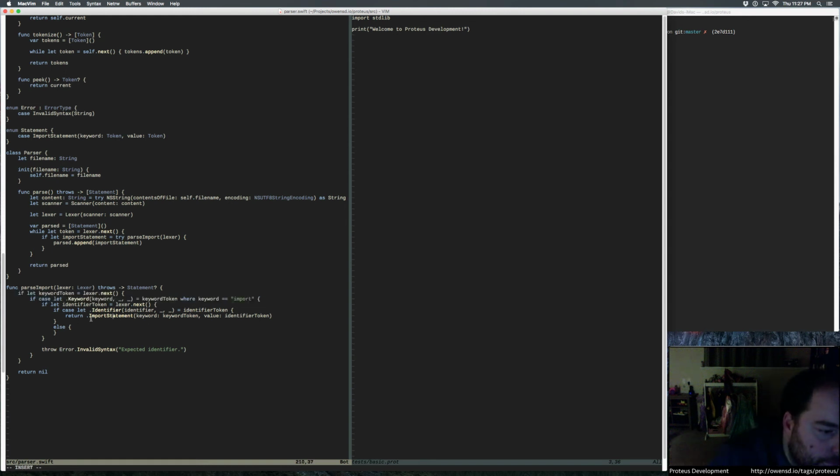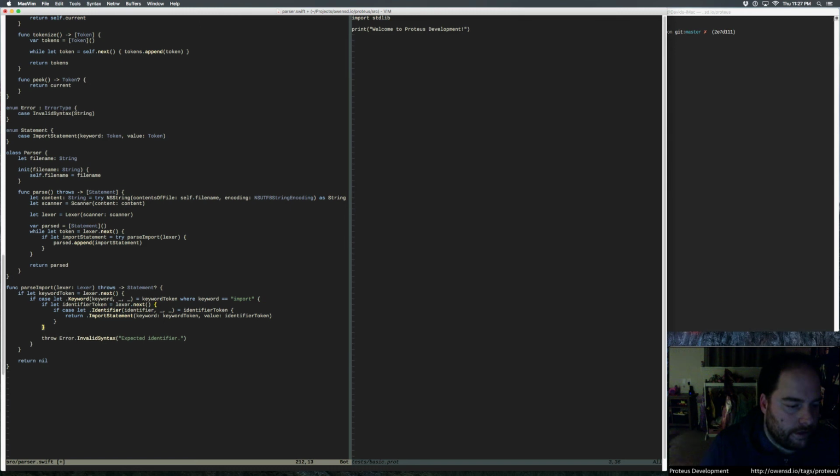And so now we want to make sure that the contents within here either return a valid import statement to the AST block or return an error. I think we can just get rid of this. We would want those if we were going to write better error messages, but right now we're not going to. All right, so if let identifier token,